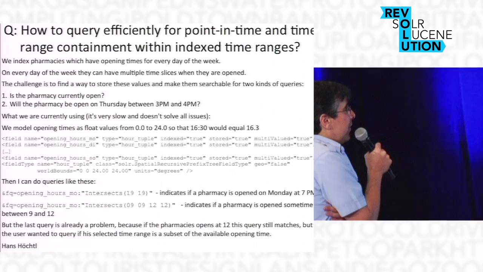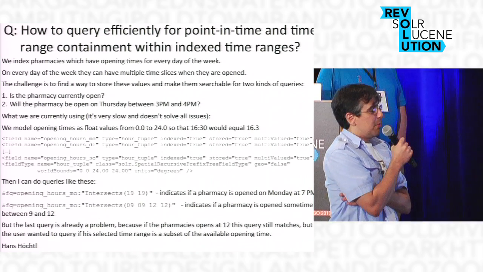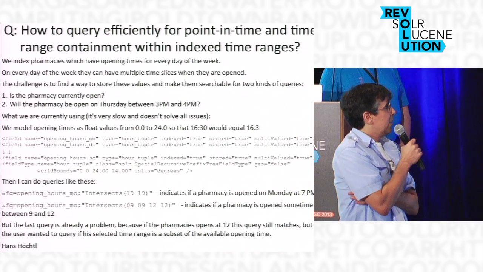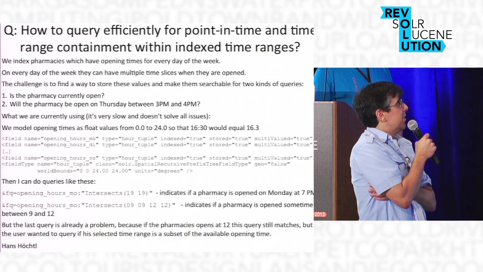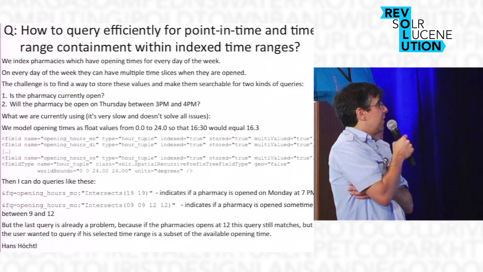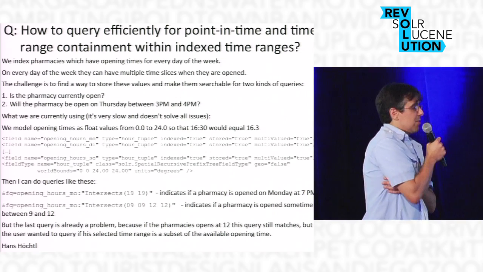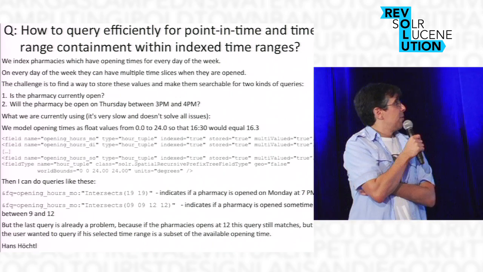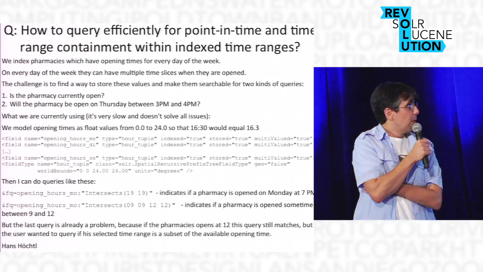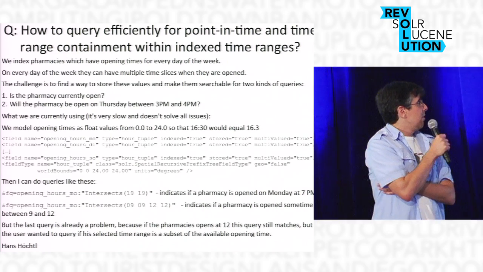So they're indexing pharmacies, businesses that have opening times. On every day of the week, they have multiple times when they're open. The challenge is to find a way to store these values and make them searchable. Two types of queries: Is the pharmacy open now? And will the pharmacy be open on Thursdays between 3 and 4? What they're currently using